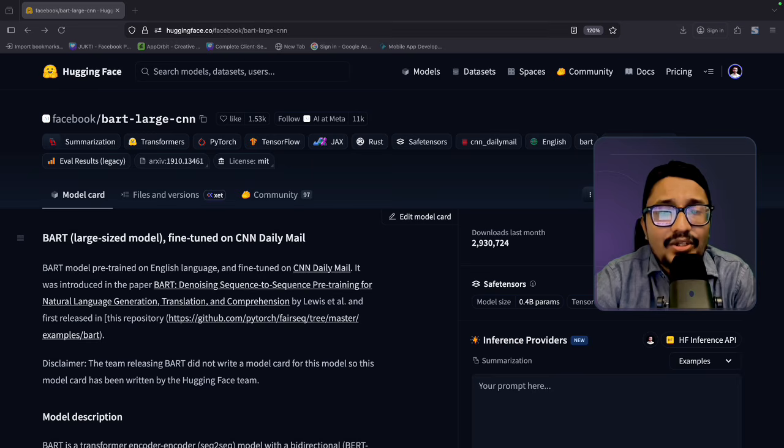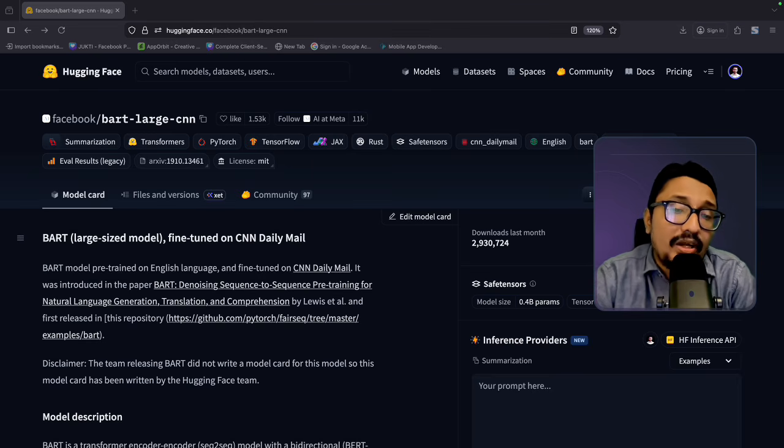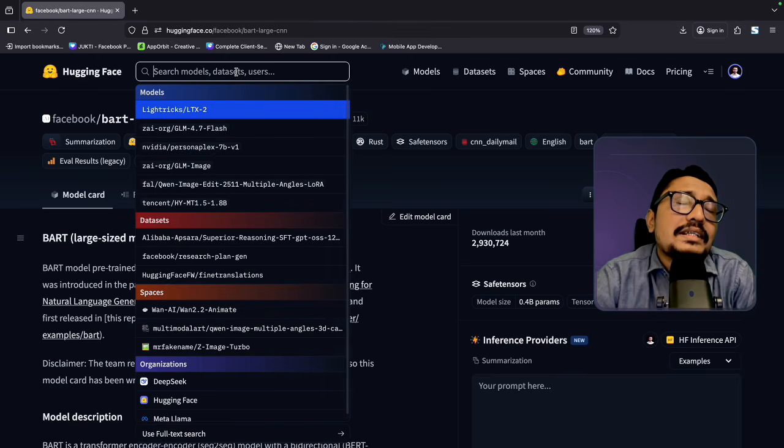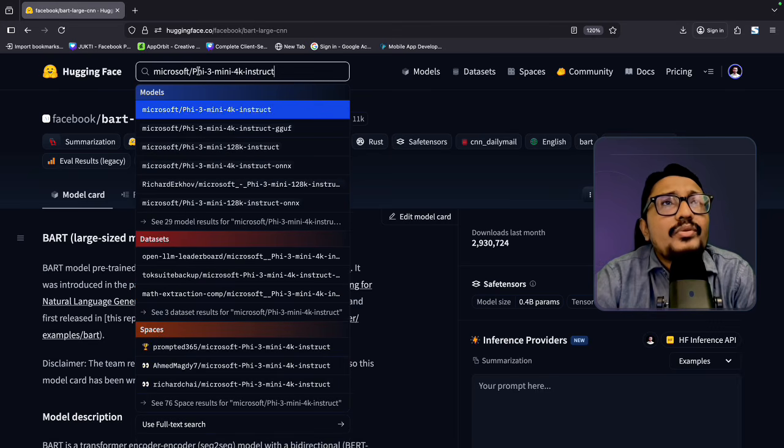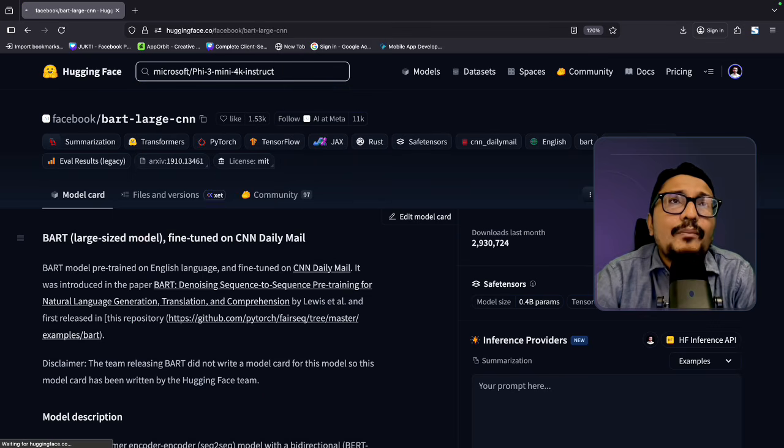Let's dive into the Microsoft family. The Microsoft family has a Phi model called Microsoft Phi-3 Mini. You can run this model on your local computer. This model is very lightweight and useful for smart